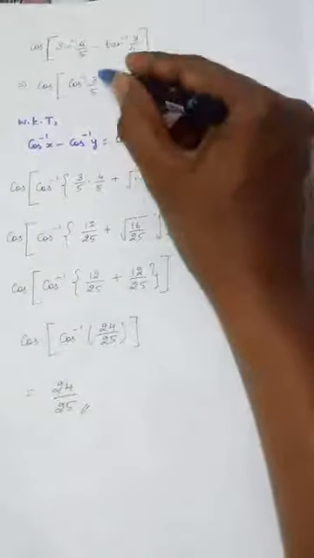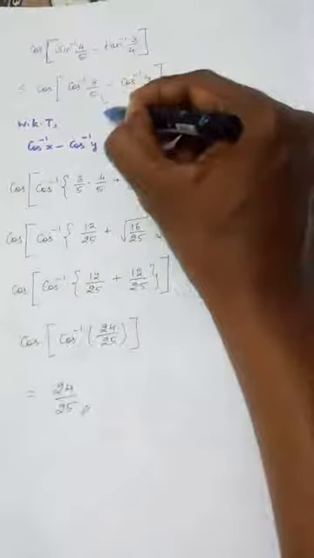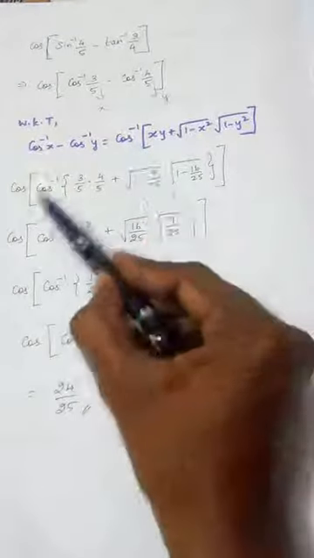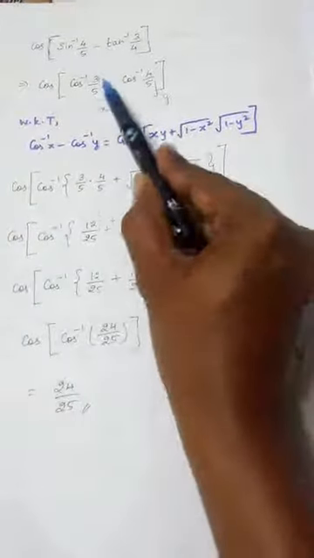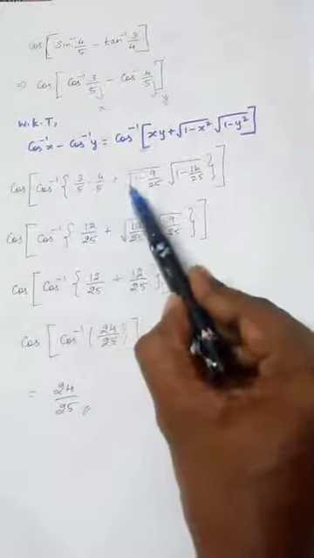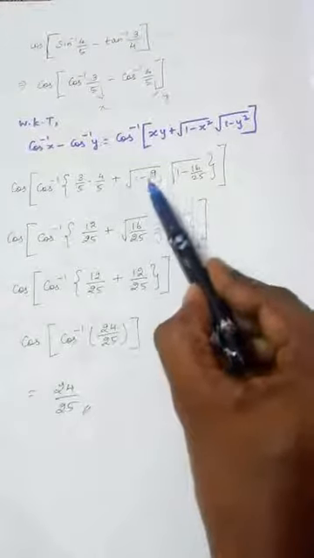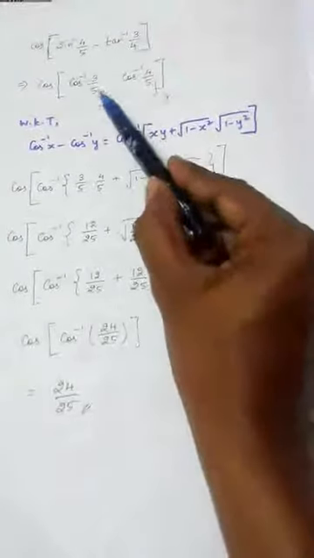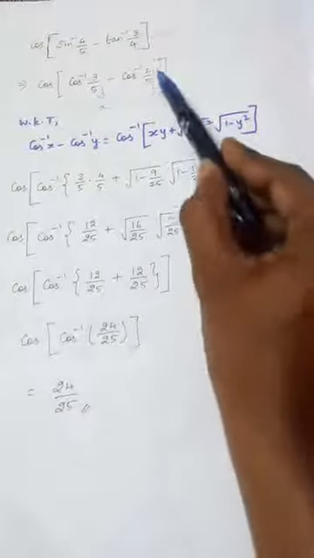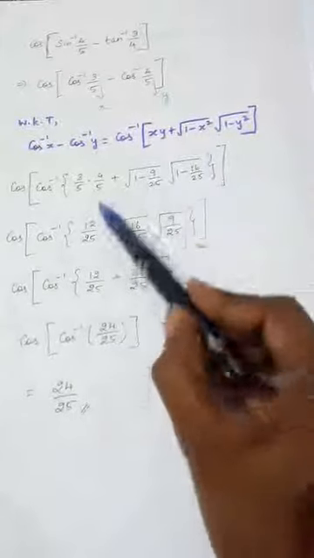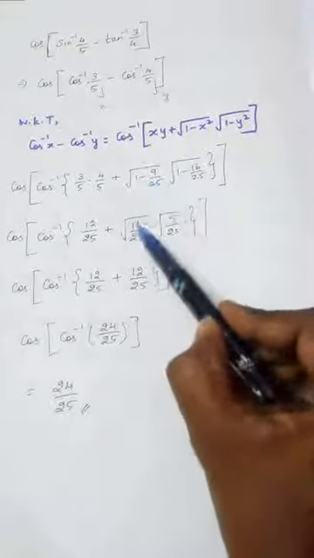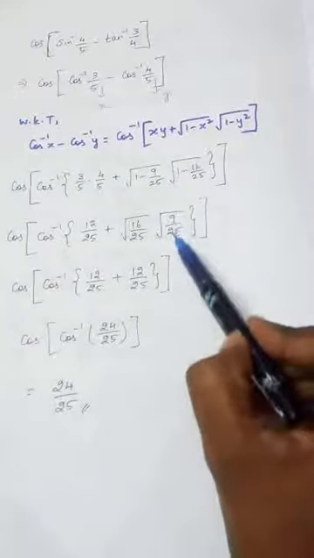So substituting now, this is x, right? So we are going to consider this as x and this as y. So see, this formula, cos inverse of xy. So 3 by 5 into 4 by 5 is xy, plus root of 1 minus x square. X is 3 by 5, squaring 9 by 25. Again root of 1 minus y square, 16 by 25.